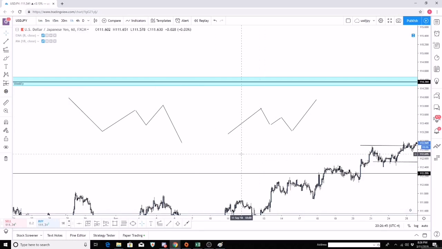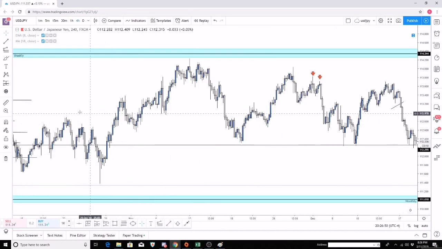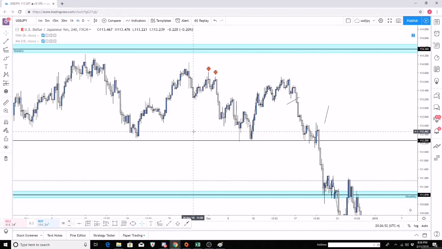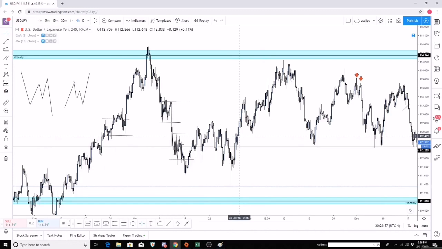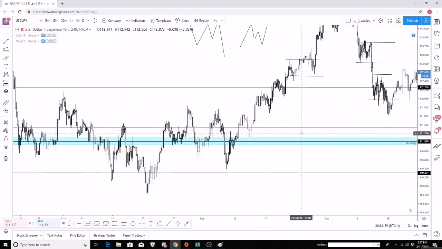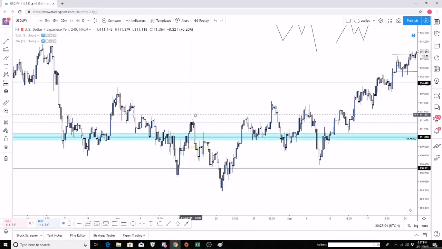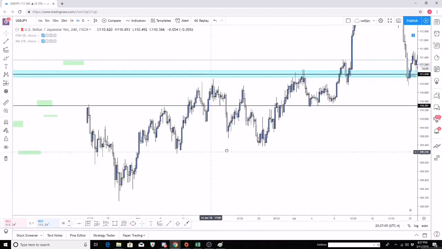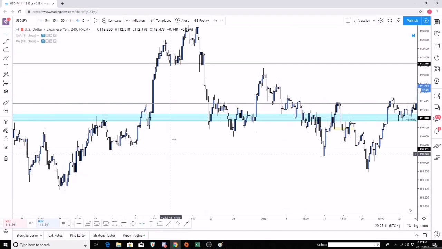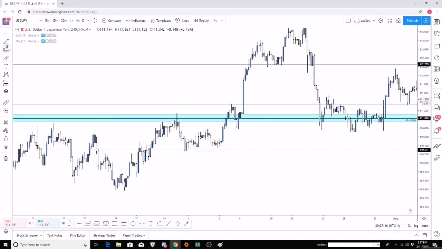Now, these weren't the best examples possible. You could probably find better examples on a more condensed time frame, right? Such as the 4-hour time frame. So let me see if we can find one here really quickly. So where could we potentially find one there? Right here. Okay, so we had that swing up,